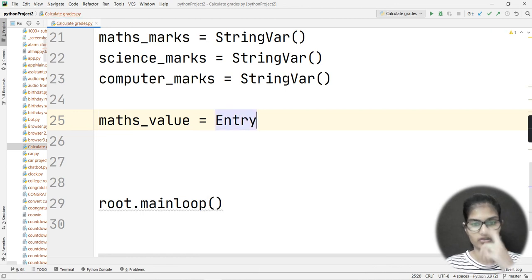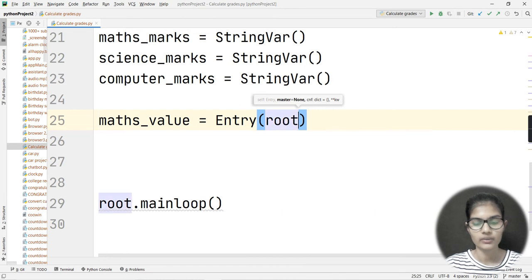Previously we were using the function label, right? So that was actually used to give some fancy things onto this here, right? Now basically I want to enter something, so for that a box should come. Now inside this we are going to give what the writing of that thing will be that will be entering inside the box, after that the size, and basically the width of the box and all those things. Right, so I would just put the bracket here and I would use my root variable.